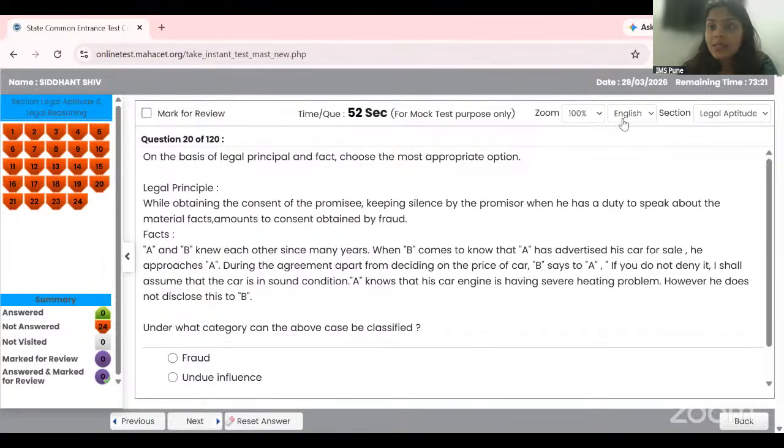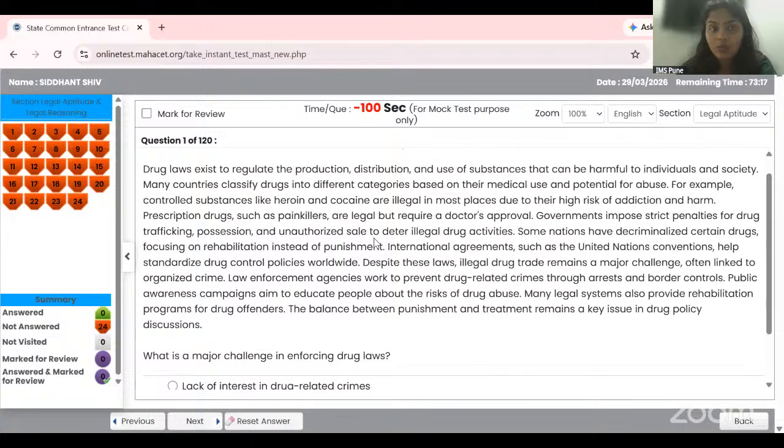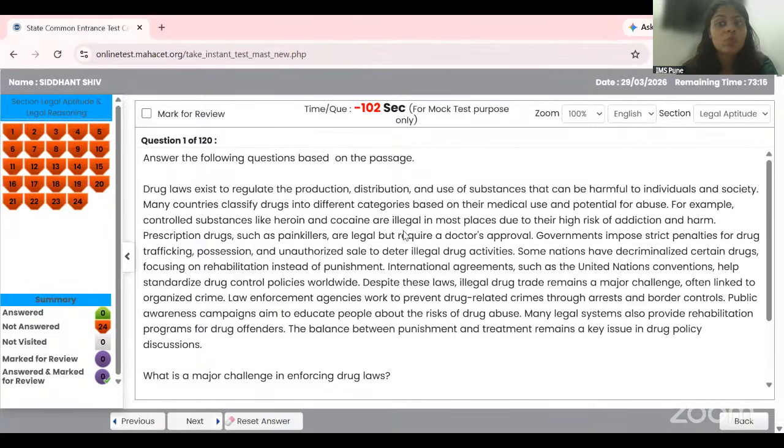Now, let us start with the legal aptitude section. So this is the legal aptitude section only. And in this section, you will see that in the first part, there is a passage given. Now, how do we attempt such kind of question? I will suggest that for the MHCET exam specifically, read the information which is given in the passage. So this passage is exactly talking about drug laws, drug related laws,